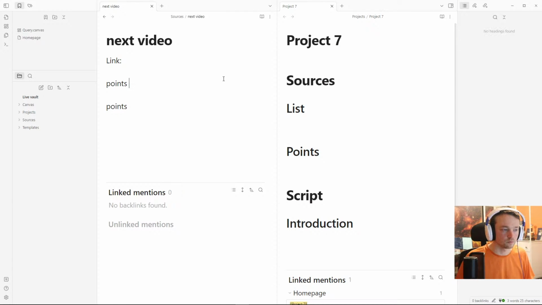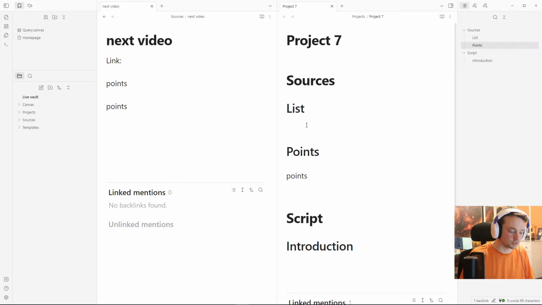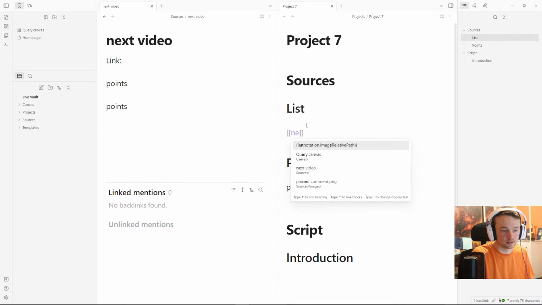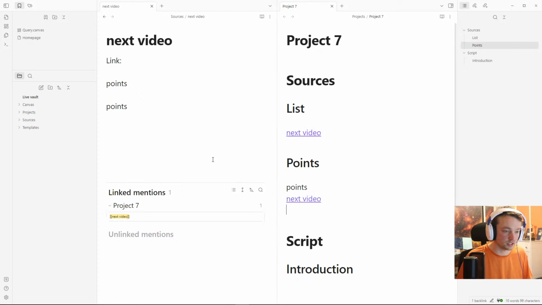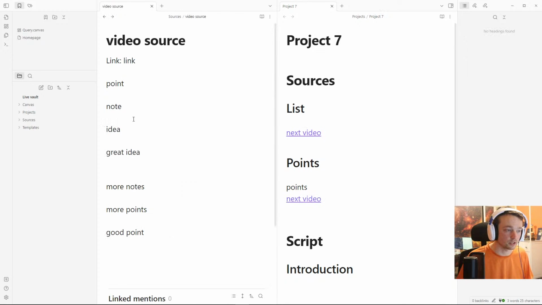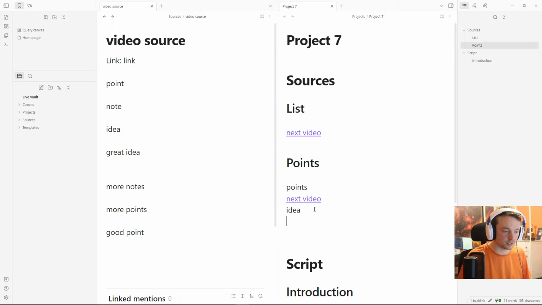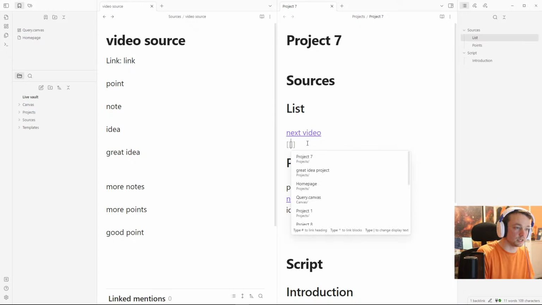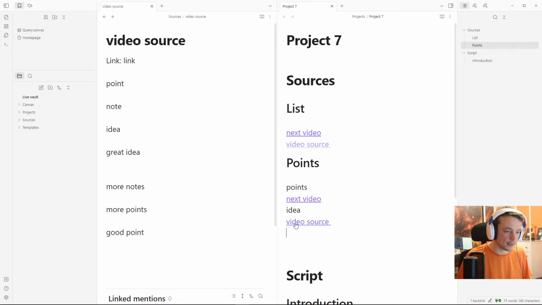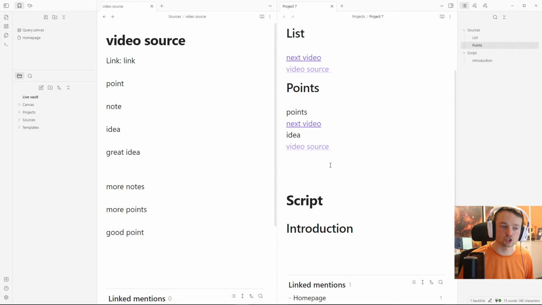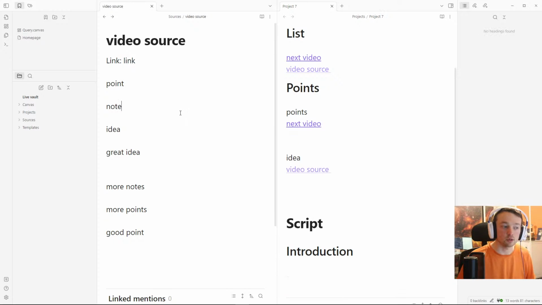This point will then get brought in, so copy, paste inside of the list, bracket, bracket, next video. Then I will copy that, put it underneath the point. I will then go back to this video and go, actually, this one was also related, so I can put that in there, and I know this is going to be linked. So we've got video source in there, copy, paste, and this could be building up from past videos, or it could be a new video, and I will keep doing this